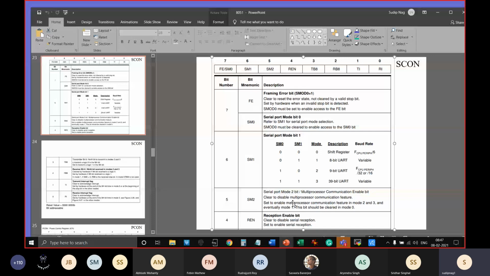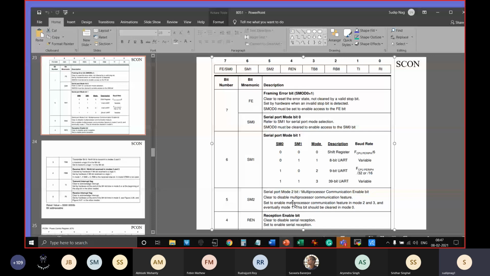So if there is an error, you have to clear it up first. And if there is some missing stop bit or start bit, then it is called a framing problem or framing error, and then this bit will indicate it. So the microcontroller code has to read this bit in order to find out whether any framing error has come or not. Now the PCON register, so that is another register that I said we'll be using